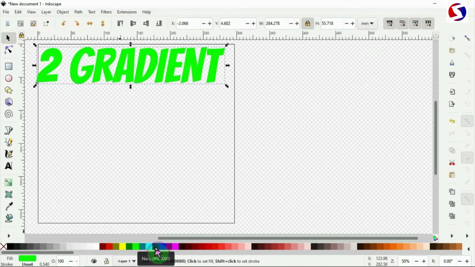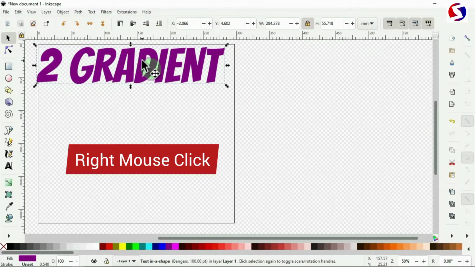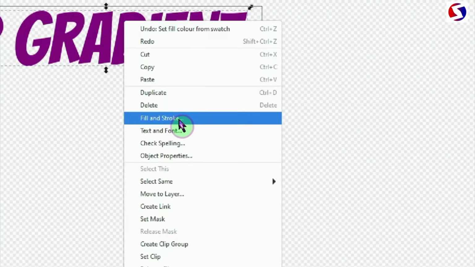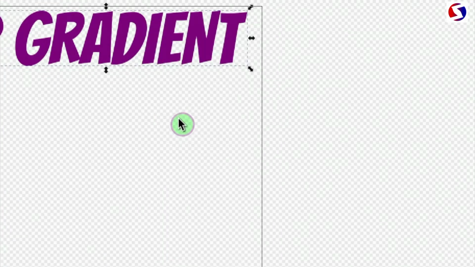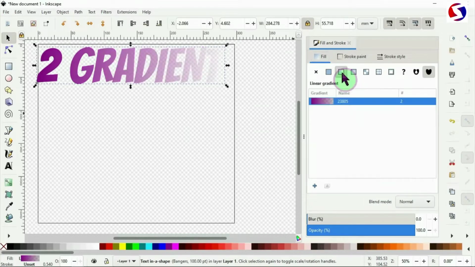Now we don't need the flat colors, so let's right click on the text itself, right hand click, and from there we go to fill and stroke. And that's the color there under the first box here, which is the flat one, but we don't need that. We need the linear gradient, which is the second one after that. So you can see the effects, and that's the gradient effect there. Now come here and pick the gradient node selector,